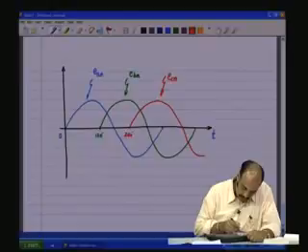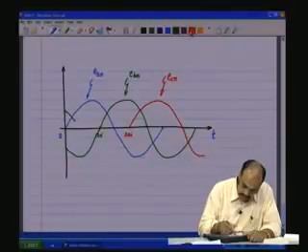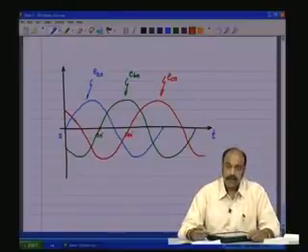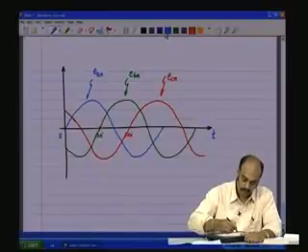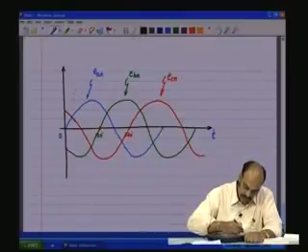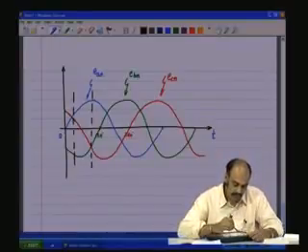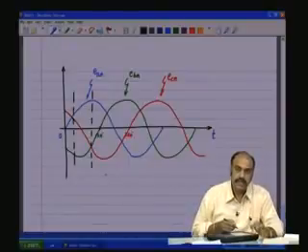Now, this will get projected like that, and this will continue like that. The cycle repeats. So, now if we look at these waveforms, one thing that we observe is that at any section, you can take any section, at any section, this is positive, the other two are negative, and here these two are positive and the other one is negative maximum. So, there will always be a cancelling,